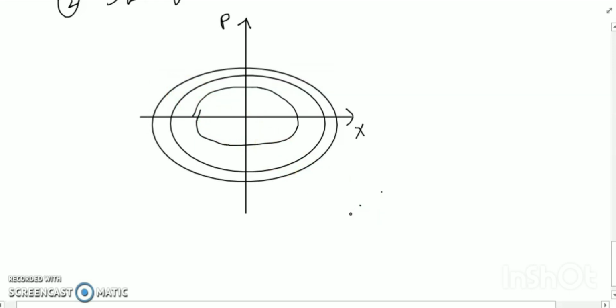Harmonic oscillators in phase space trajectories. This is the example. So this is X and this is P, and the classical trajectories are given by the ellipse. Now there are paths like this in the phase space. Okay, this is the phase space. The spelling is PH, because sometimes there may be a problem with the accent.